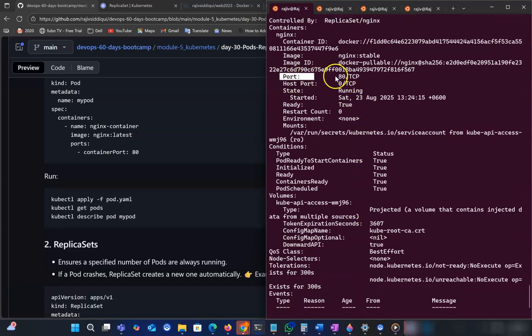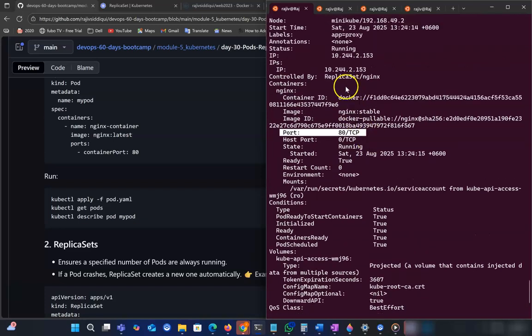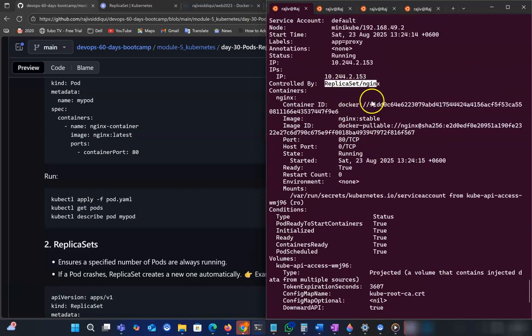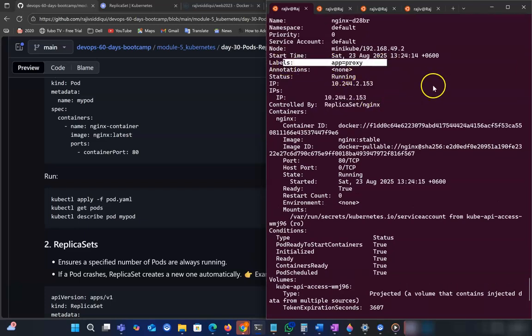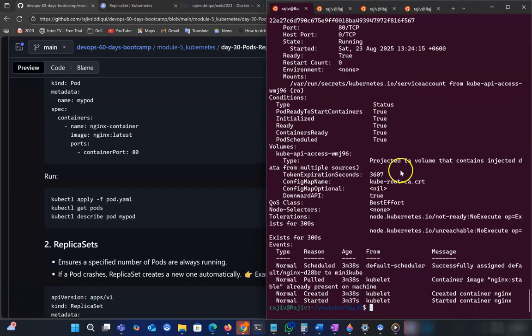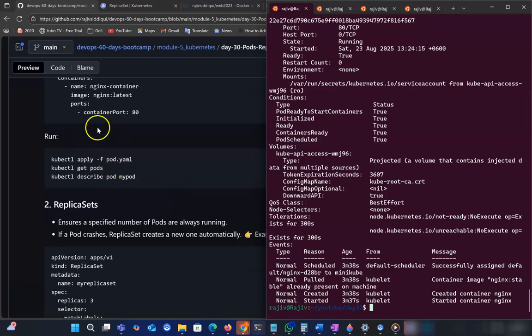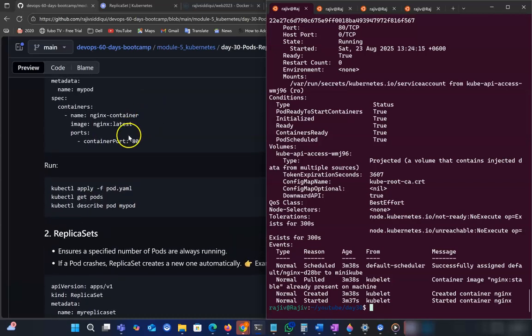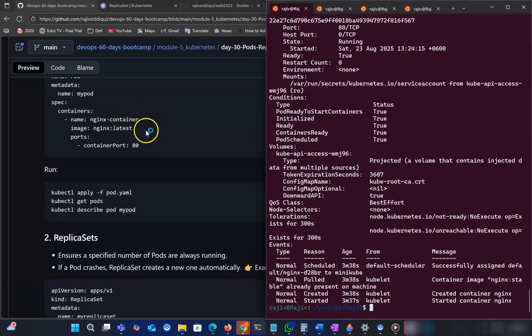Like what image the container uses, replica set name, the IP it is running on, labels, everything you can find from here. Okay, so this is basically pod. Another is replica set. I didn't put the service, I will add that one also. It's better. I will update the example I use here, then you can